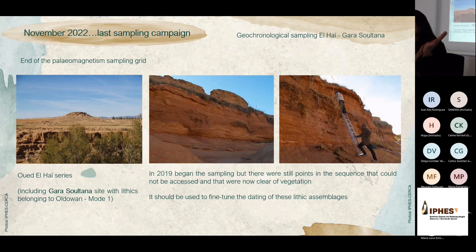Well, in this case Robert Sala is not here today, but he passed me the information, because there were only two people to sample for geochronology, especially to finish the sampling grid of the paleomagnetism that we have from the El Haigara Sultana section, a large section of more than 200 meters, where there are always some holes that need to be made more precise, and also to have numeric data,